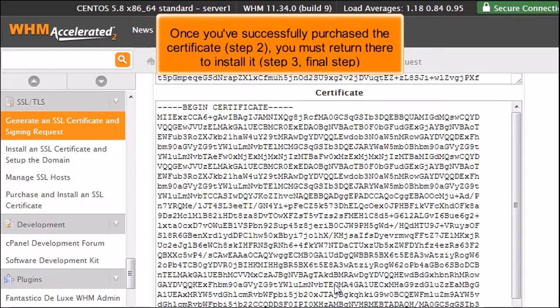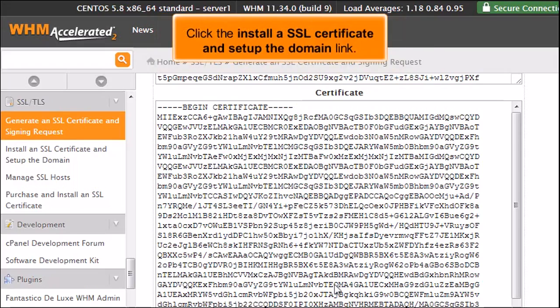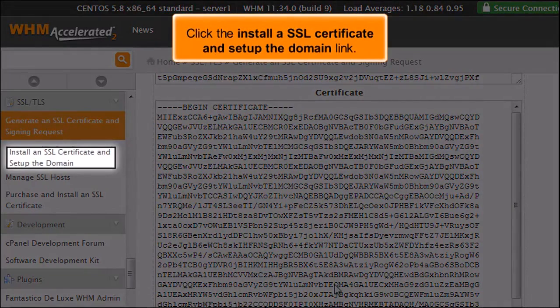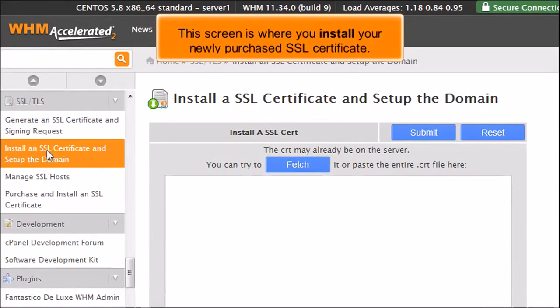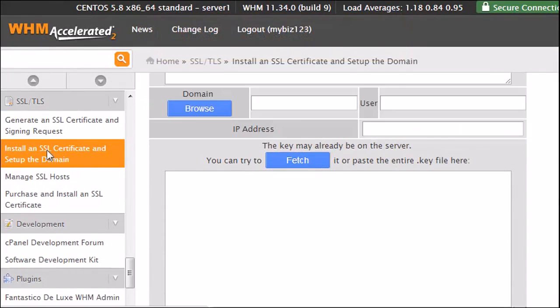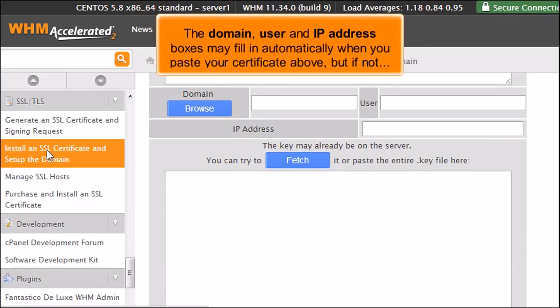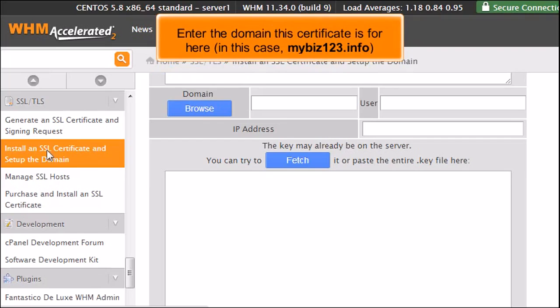Step 3, final step. Click the Install the SSL certificate and set up the domain link. This screen is where you would install your newly purchased SSL certificate. The domain, user, and IP address boxes may fill in automatically when you paste your certificate above, but if not, enter the domain the certificate is for here, in this case,